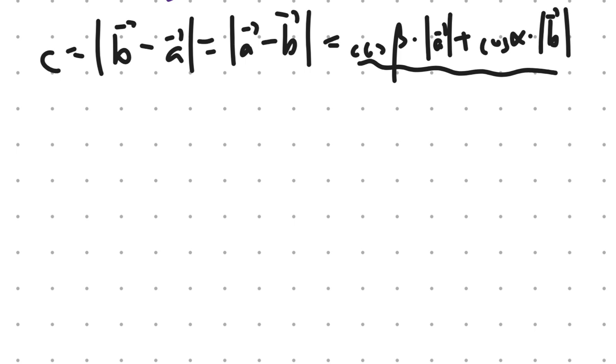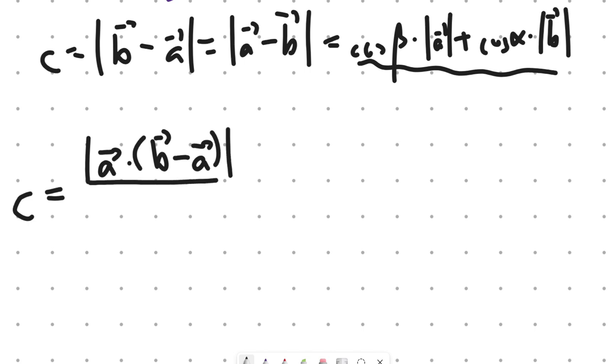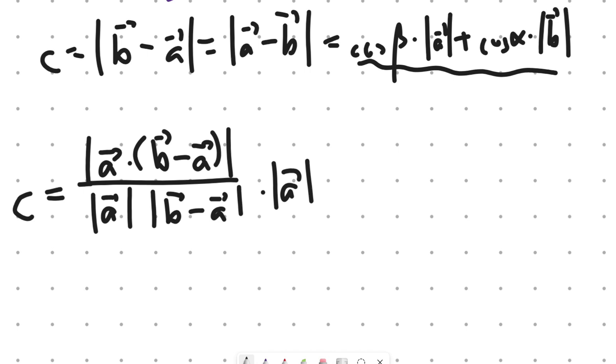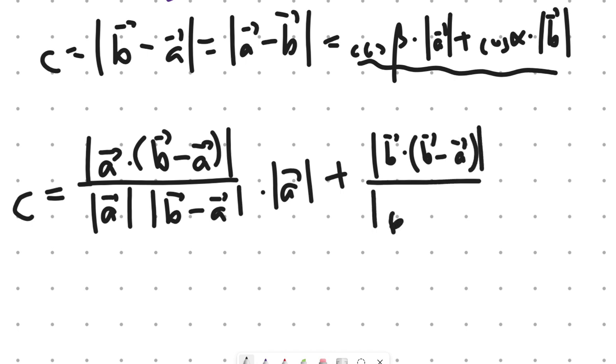So we're going to write c is equal to... Now this is going to be a very big equation because cosine of beta and cosine of alpha is a big fraction. Cosine of beta is the same thing as the scalar product of vector a times b minus a, divided by the length of a times the absolute value of b minus a, times the vector a. You're not allowed to forget the other parts of the equation, plus cosine of alpha is just b minus a divided by the length of them,